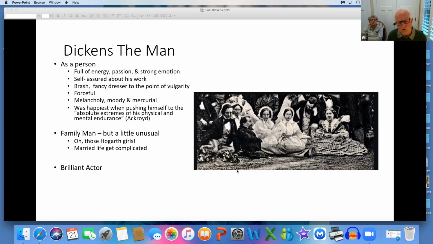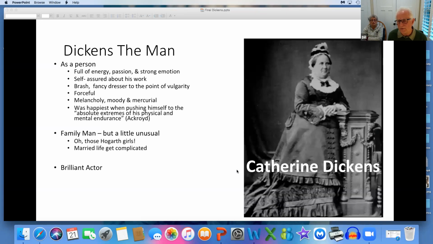And as I said earlier, the marriage became not what Dickens wanted. He was the man about town. He was always going out. He was giving lectures. He was feted everywhere. Catherine had 10 children. Hey, you have 10 children. See how you look. And so Catherine put on a little extra weight. And somewhere around